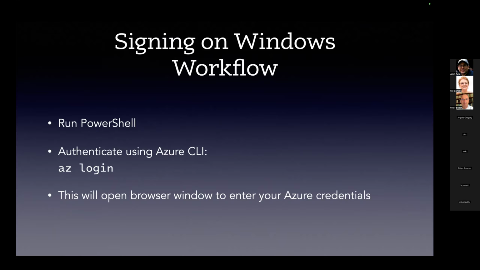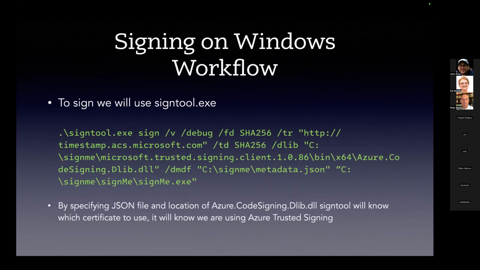So why is this not going? Oh, so you see this piece of code just to sign, and basically you have to put yourself in the folder where you have your sign tool, because if you do it with a long Windows path, it always gives me an error. I don't know why. So you see this Microsoft Trusted Signing Client, Azure Code Signing Dlib DLL.